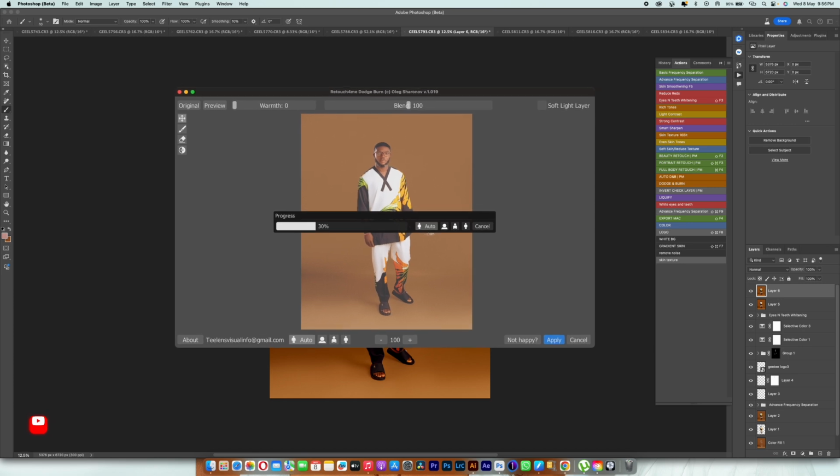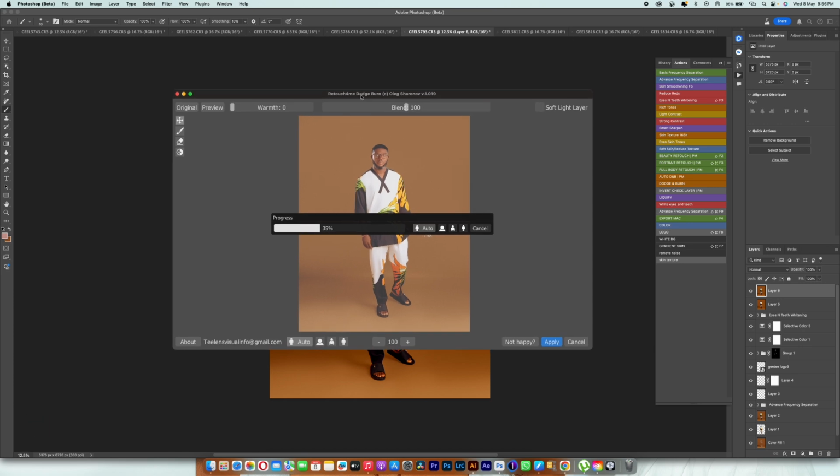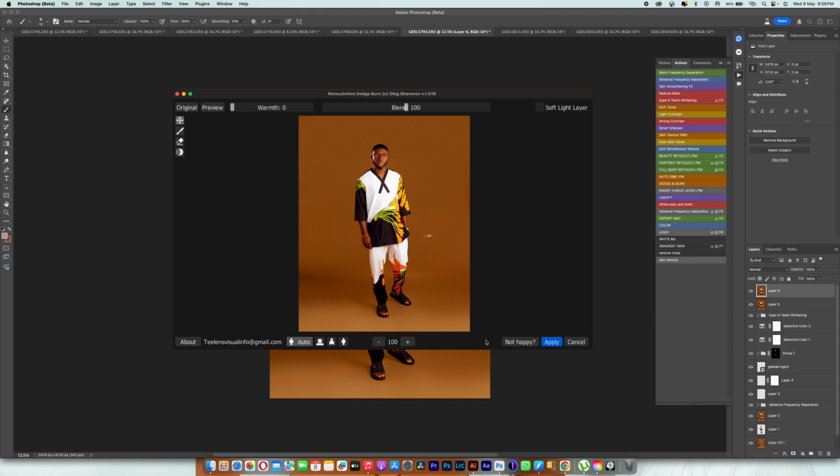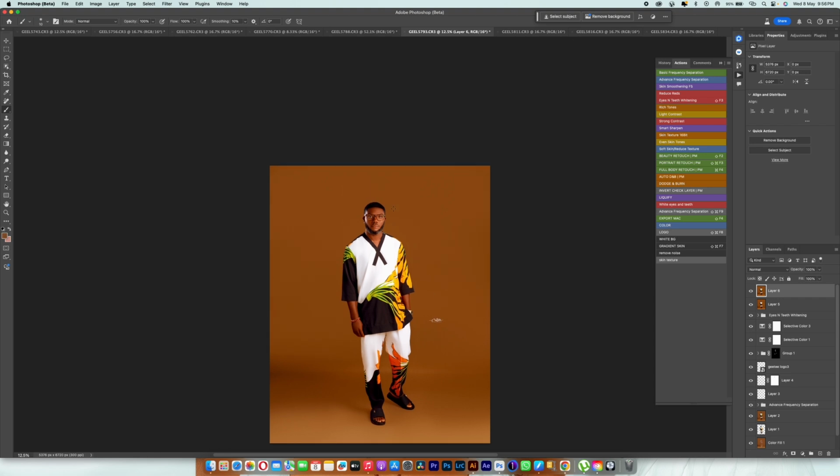I don't like fast forwarding things because whenever I fast forward things, it looks as if I am hiding some things, and I really don't want that. So let's just stick to what is happening on the image already. So let's wait for it to load. Please, as you're watching, I think the recording stopped. So I'll just show you